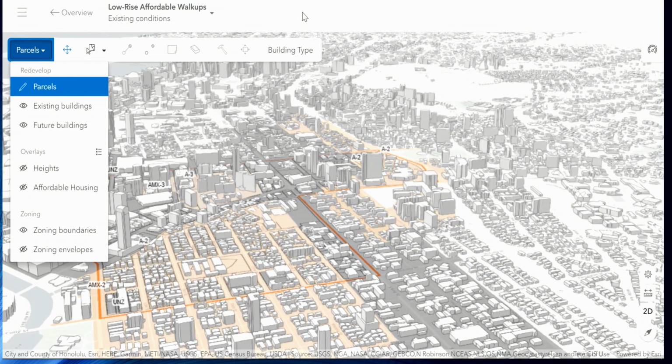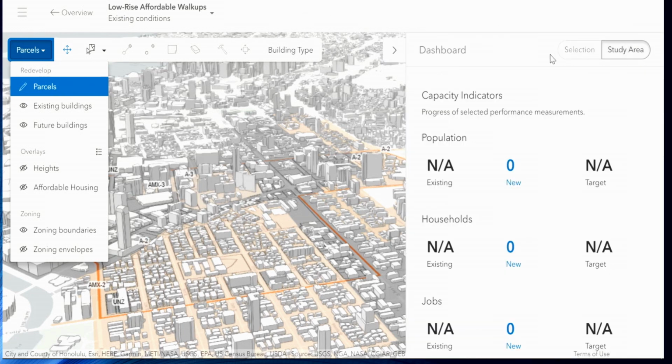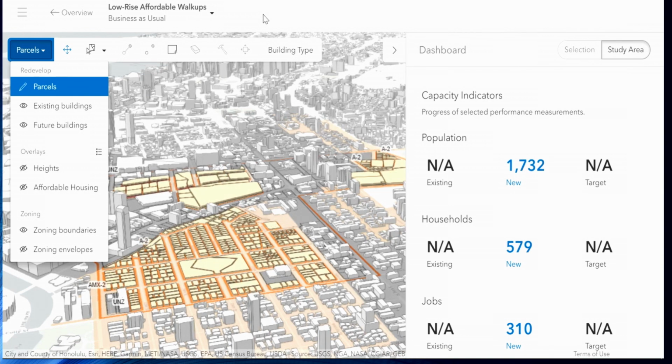And the last video I have here is intended to address the geodesign question of what difference these changes will cause. And as shown earlier today, these analyses can be compared with performance metrics and indicators. So in our business as usual scenario, we can see the estimated population metric we included in this test. Oops, I didn't hit start, sorry. So here are the capacity, and we only had a few that we've gotten into this scenario so far, but the business as usual brings up some of the basic metrics that we had available.